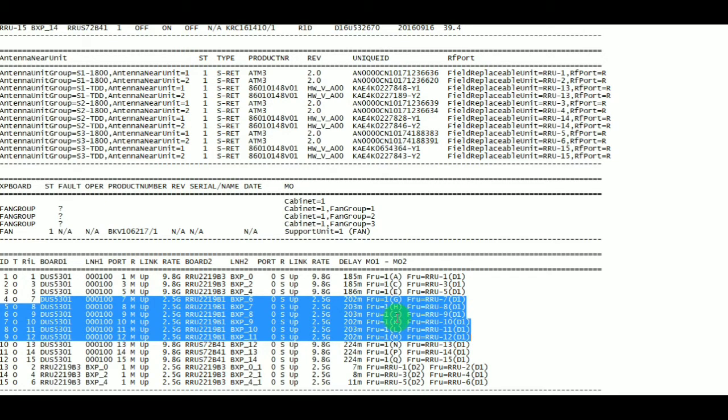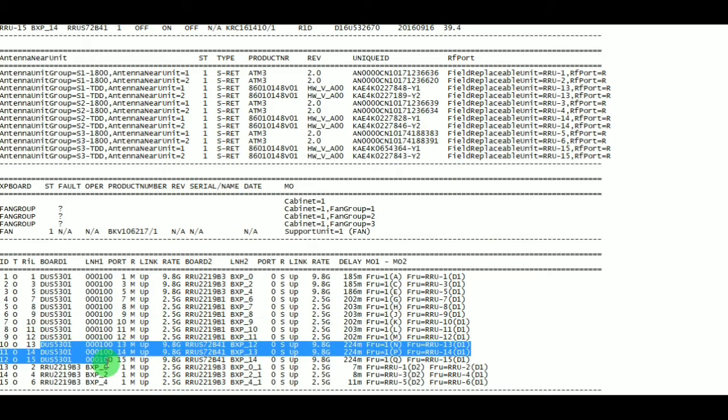This is J port of baseband 6630 to data 1 port of RRU number 9. This is K port to the data 1 port of RRU number 10. This is L port to the data 1 port of RRU number 11. This is M port to the data 1 port of RRU number 12.